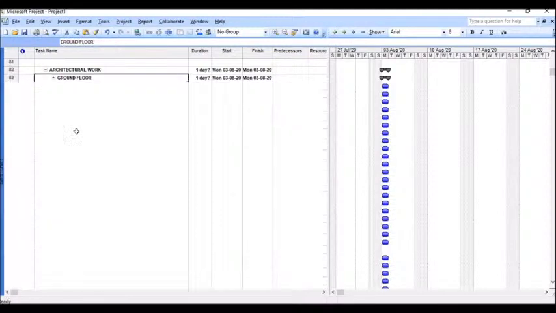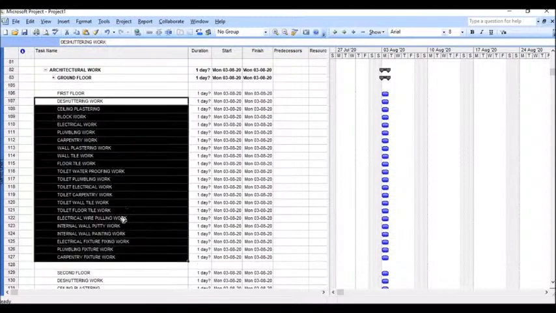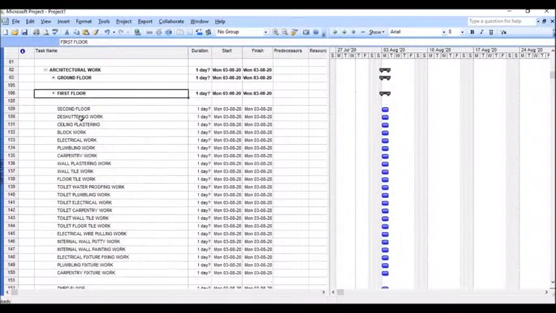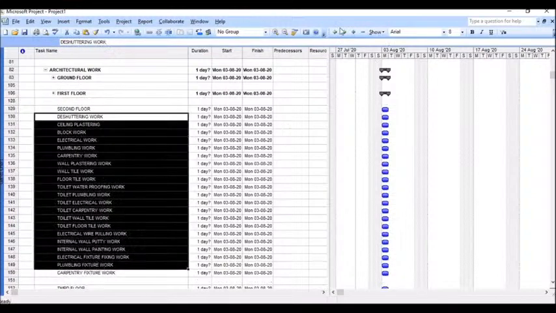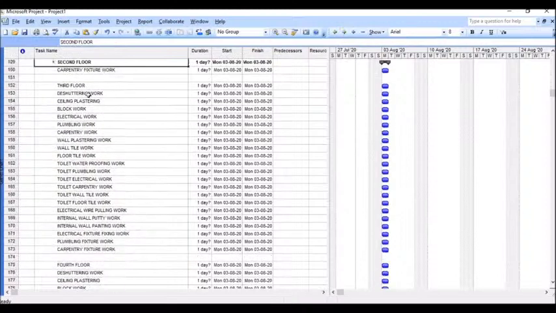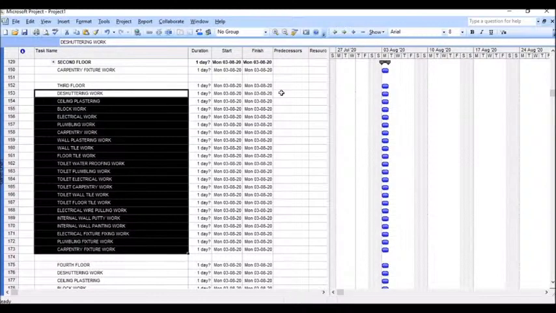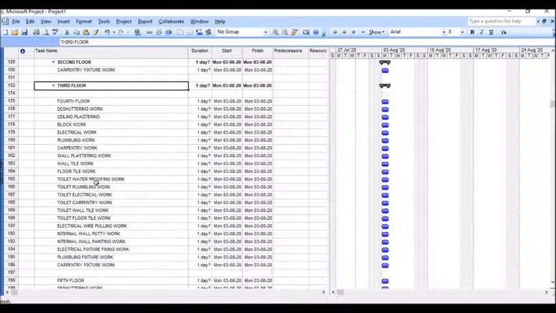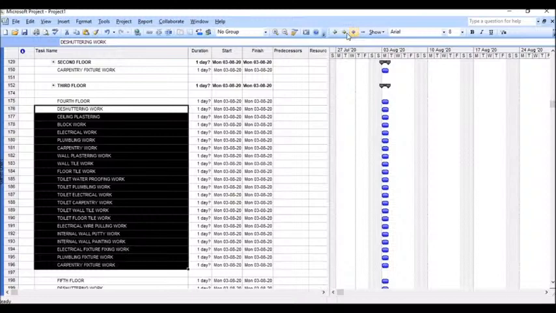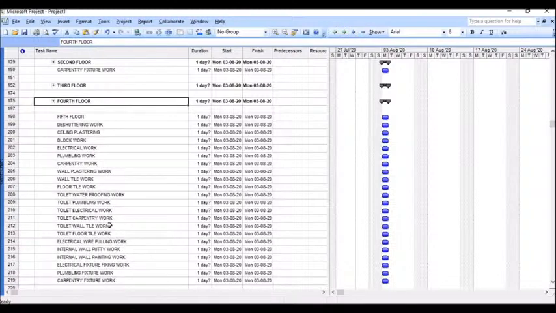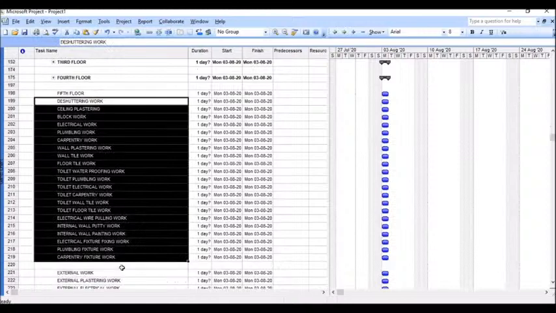I am creating a separate WBS for them, and for the first floor activities, the second floor activities, third floor activities, fourth floor activities, fifth floor activities,